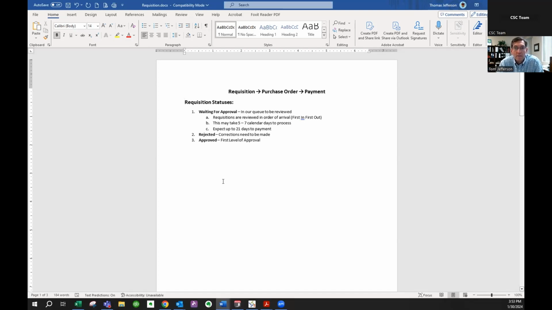And from this point, moving forward, processing the requisition, processing the purchase order, processing the payment, it can be up to 21 days from here. Now, our average turnaround time is much less than 21 days, but this is just planning for the best, expecting the worst type of a mentality. So it can take up to this long. And 21 days is what the fiscal policy says. So we do take pride in processing them more quickly than this. So